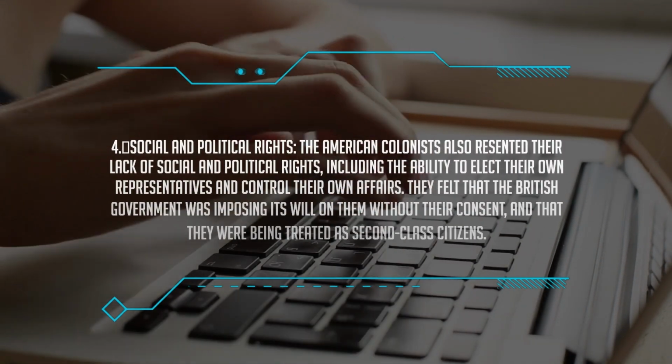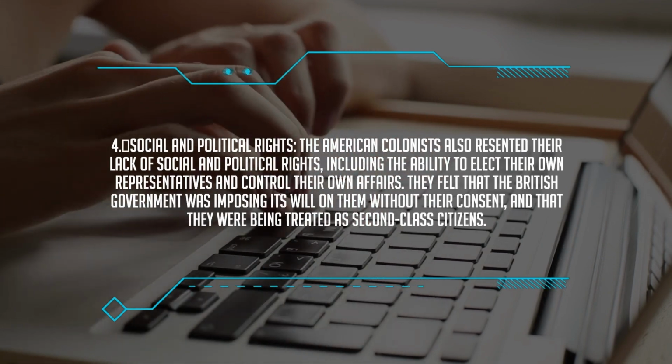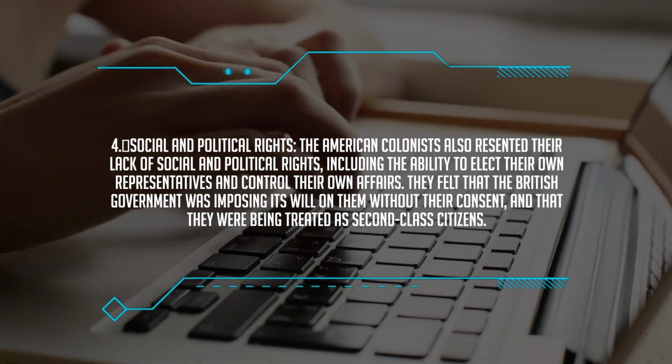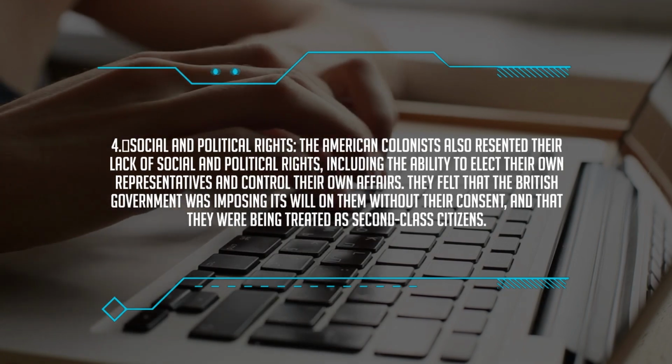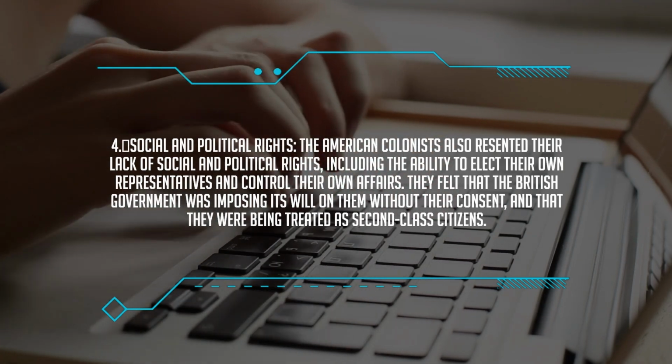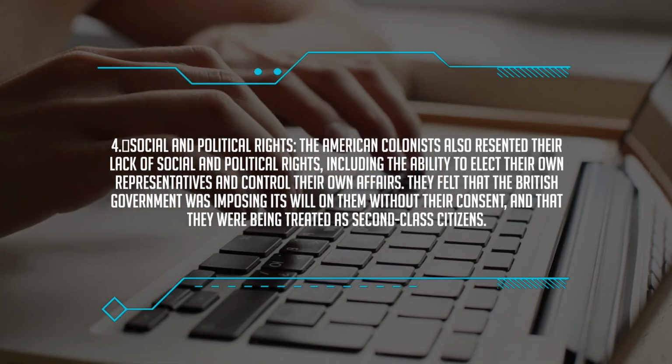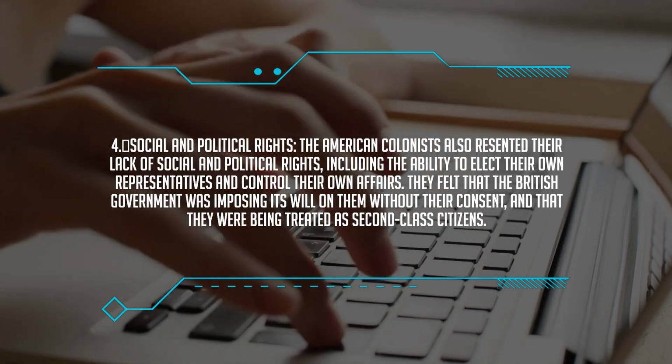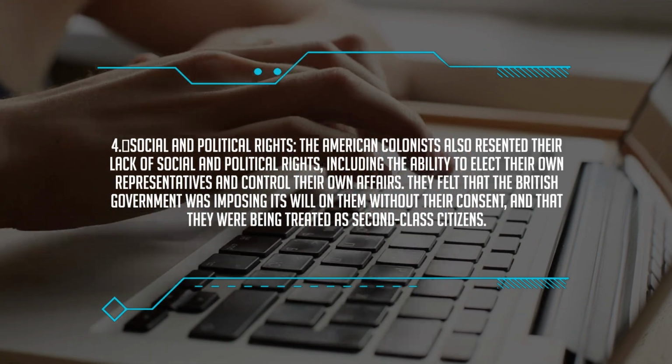4. Social and political rights. The American colonists also resented their lack of social and political rights, including the ability to elect their own representatives and control their own affairs. They felt that the British government was imposing its will on them without their consent,